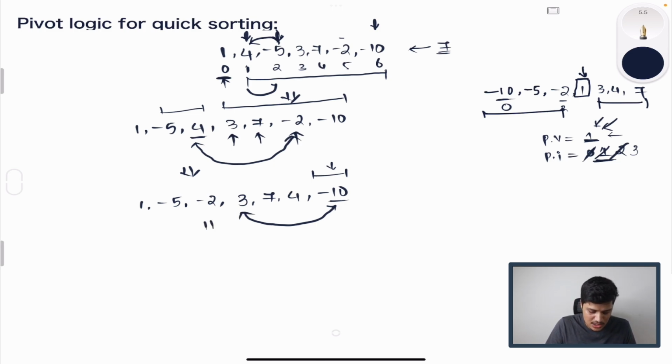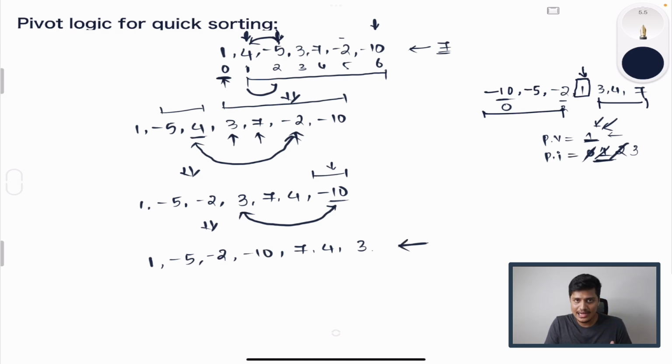Once we swap these two values, the resulting array is 1, -5, -2, -10, 7, 4, 3. And there are no more elements in the array to compare. Now we are basically done with comparing all the values that we have in the array. Now if you observe the resulting array that we have got after all the comparisons, we still haven't moved 1 to its perfect position, but